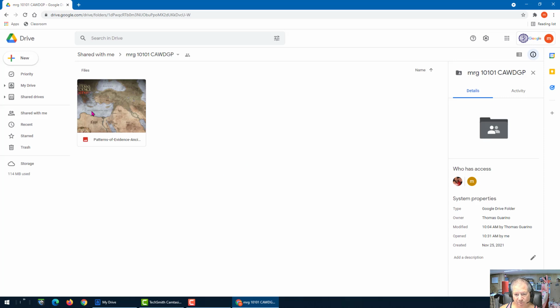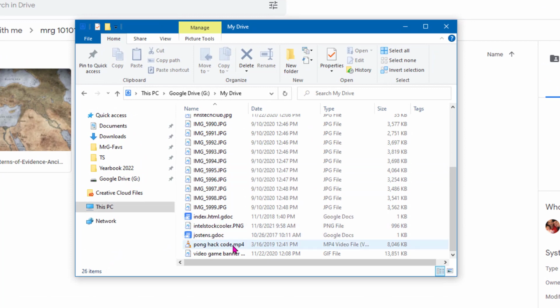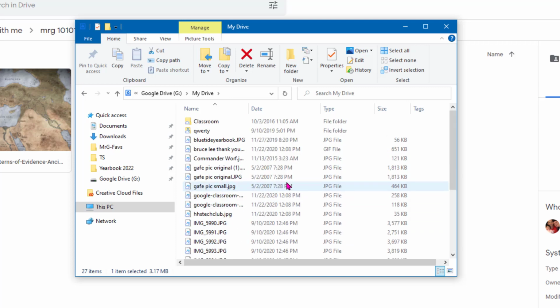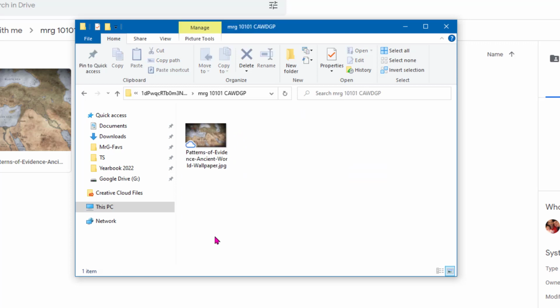So you can see I have a picture in there already. That's as my student, not as Mr. Guarino, the teacher. And if I go back to my drive and you scroll down, you'll see, oh, these are all the pictures. Where's that thing? Well, sometimes when you're doing cloud-based stuff, you want something to sync. It takes a couple seconds for it to show up. One way to force it is if you hit the F5 key, it refreshes. And let's see. Oh, and there it is. So now if I double click this, you'll see that same picture is in my drive through my Windows-based,